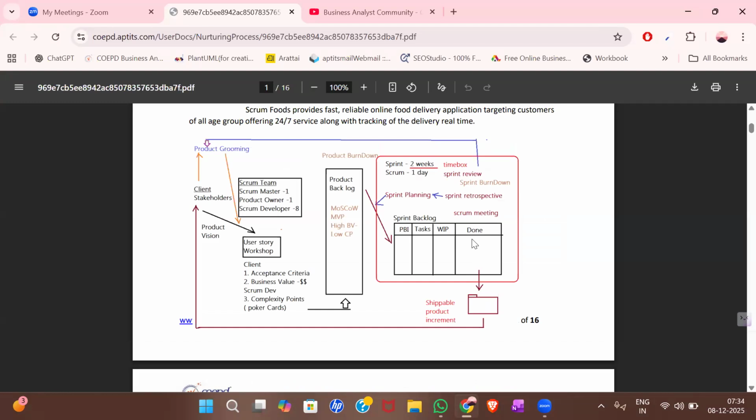In that checklist, they will have details like whether the QA team has tested this or not, whether the user story is performing under the requirement or not, whether it is aligning to business value or not. They will have all those conditions in the DOD, and once a user story passes all those conditions, they will move it from work in progress to the done stage. Okay, and then